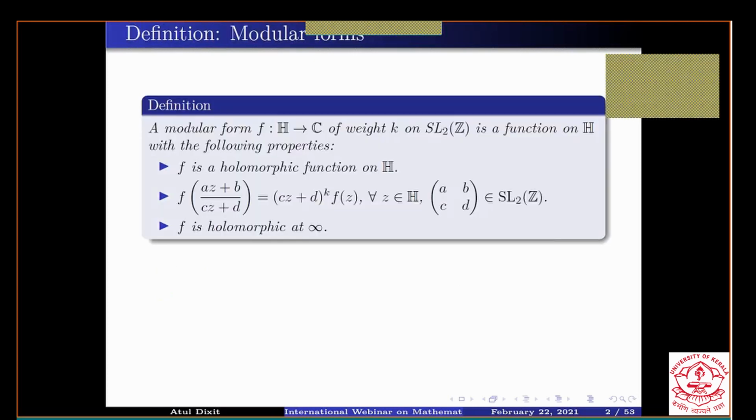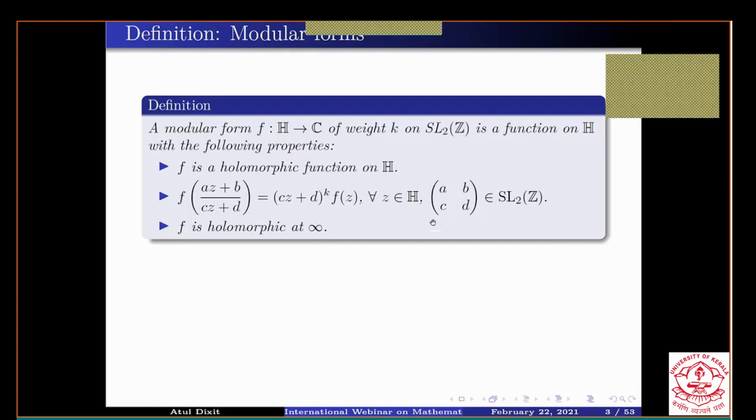So let me start with the definition of a modular form. A modular form is a function living on the upper half plane. So the domain is the upper half plane, and it takes any complex number as value. So it's a function from the upper half plane to C. It is said to be of weight k on SL_2(Z), which is nothing but the special linear group of 2 by 2 matrices with determinant equal to 1. It is a function on the upper half plane with the following 3 properties. f has to be a holomorphic function on H. f satisfies this beautiful transformation formula. So you take any matrix in SL_2(Z), and then you take